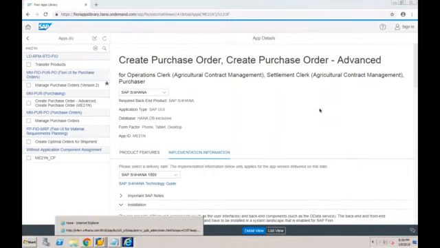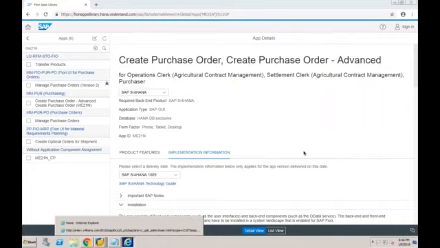Varun here. Yes, Varun. So one particular transaction can be assigned to multiple roles, right? Yes, perfect. For example, there are two different roles, but they have the same transaction. See, the role concept is the same as SAP ECC. Even in SAP ECC, we can have two roles where there is a common transaction. So that is completely fine. Even in S4HANA, it is completely fine from the Fiori perspective also.